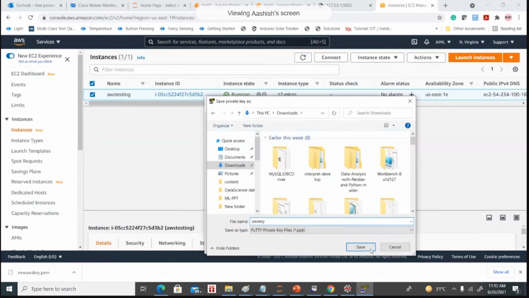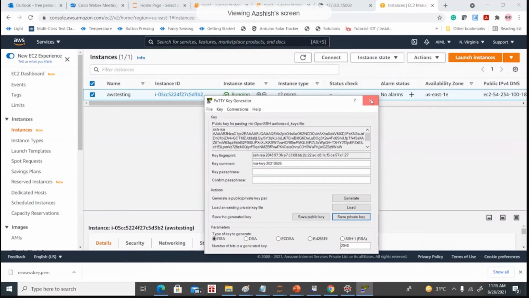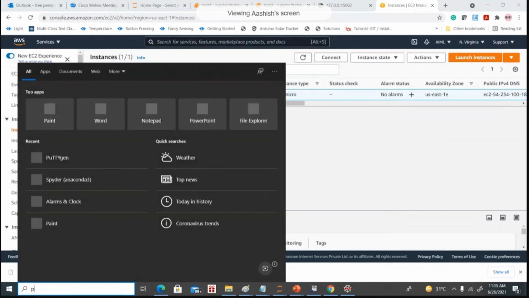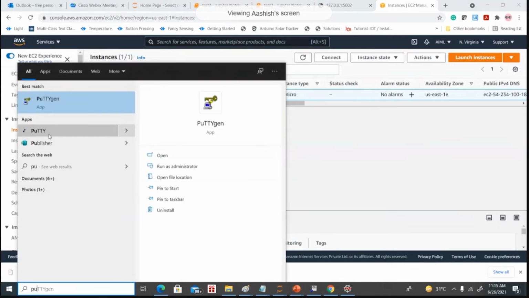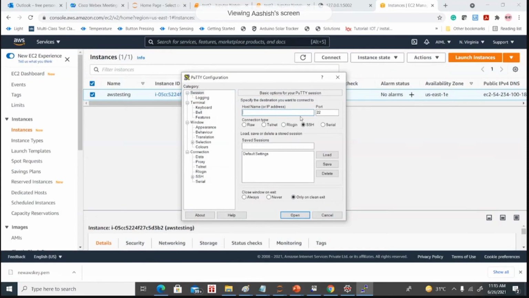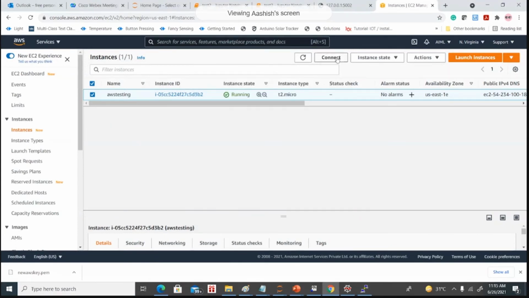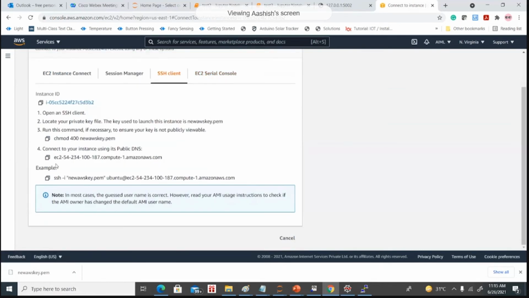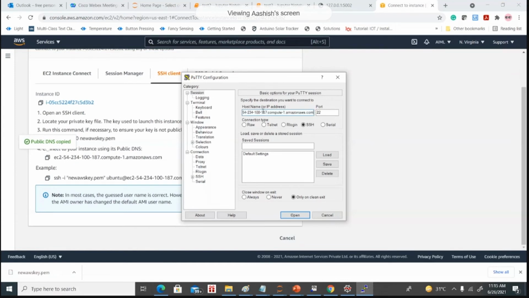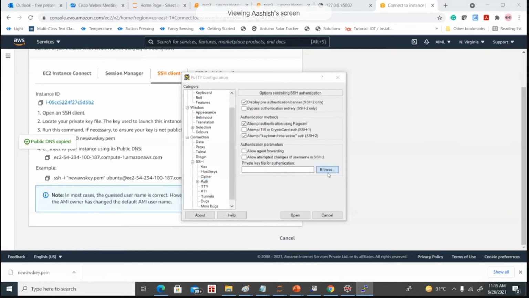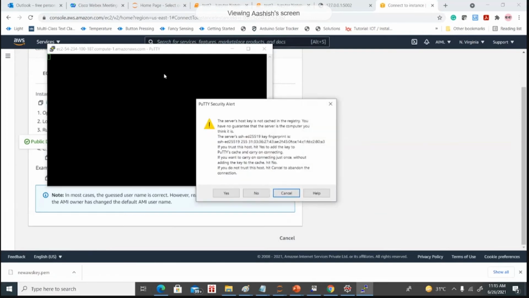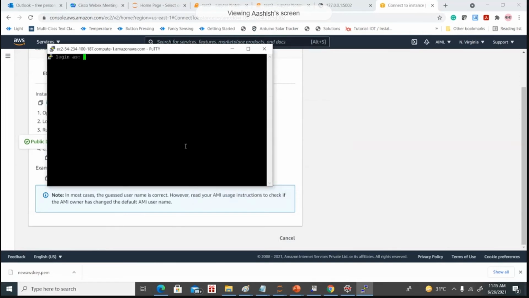So we have this key here. Save the private key in the same location, and you can give it some name like aws key.ppk file and save it. Once we have this private key, you can use the PuTTY software to connect with this VM, and we specify the host address. Click on connect, select your VM and click on connect. Here we have a public DNS. Copy this public DNS and paste it as the host. Then go to authentication and select your key.